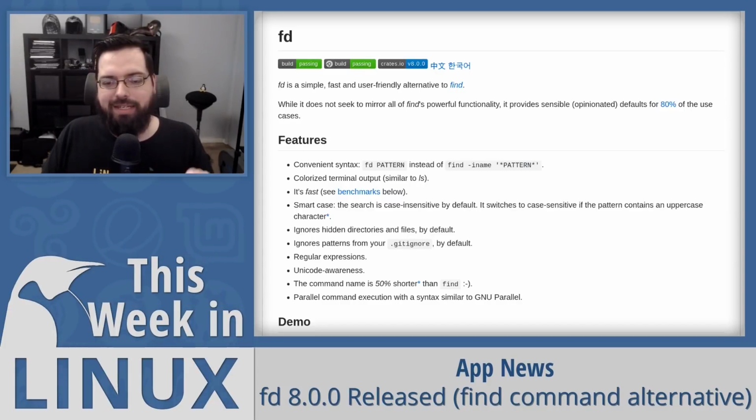I like the fact that, just as a joke apparently, it says that another feature for this application is that it is 50% shorter than using find, because it's just FD. So I like that. It does actually save a little bit of time, very few milliseconds, but hey, I like it. There's also the latest version of